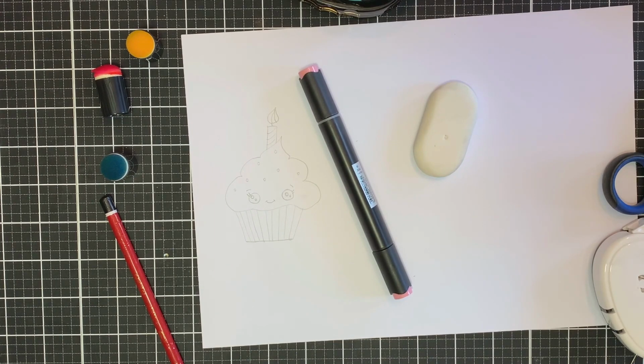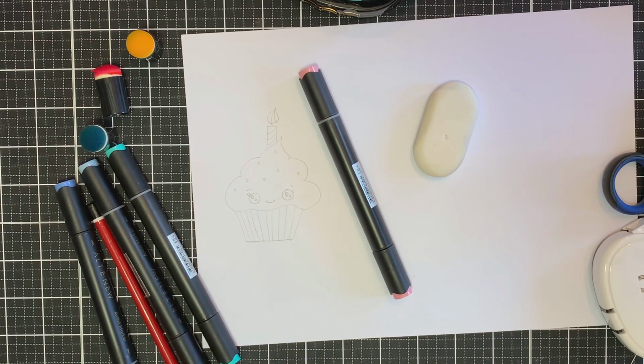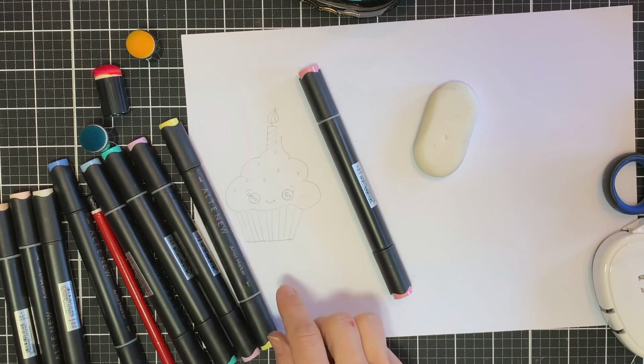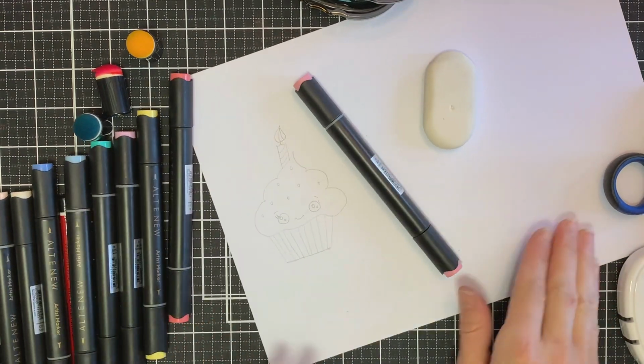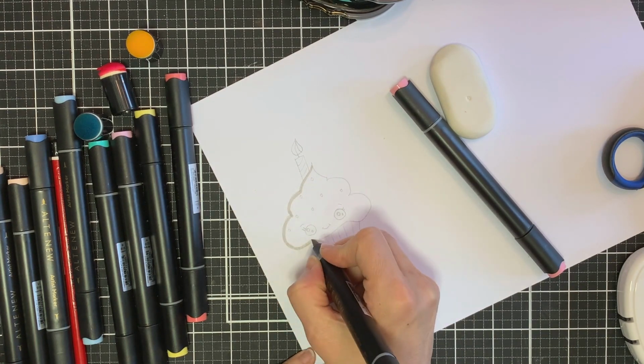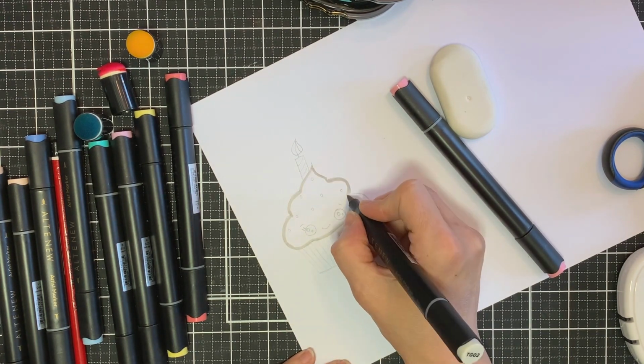The second step is to draw a cupcake. Now I just looked up the word cute cupcake on the internet, found a picture that I like, and I copied that onto some smooth white cardstock. Then I pulled out lots of fun colors from the artist markers from Altenew,